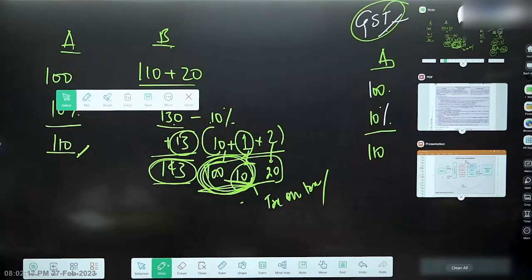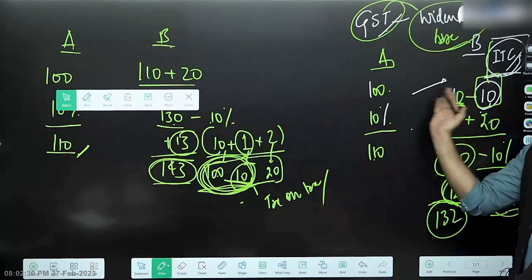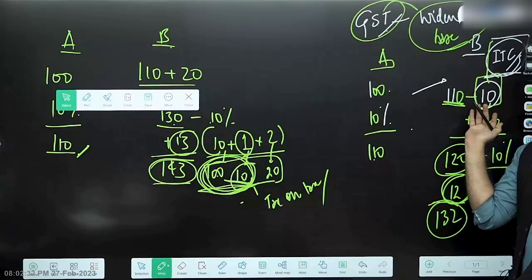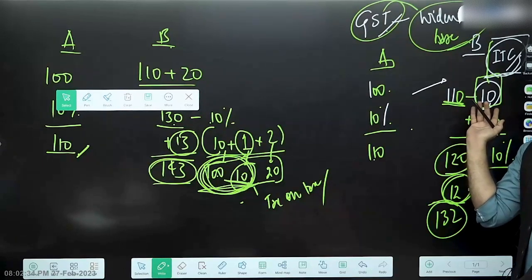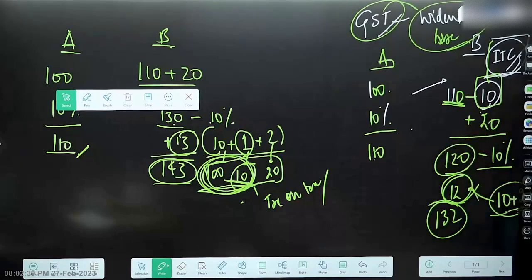Zero rating and exempt. So what happens in zero rating is that the final output is given. Pure chain mein it's not getting the input tax credit. When it is exempt from GST, the whole thing is getting, wait, zero rated and exempt. Zero rated mein, if the product is moving,